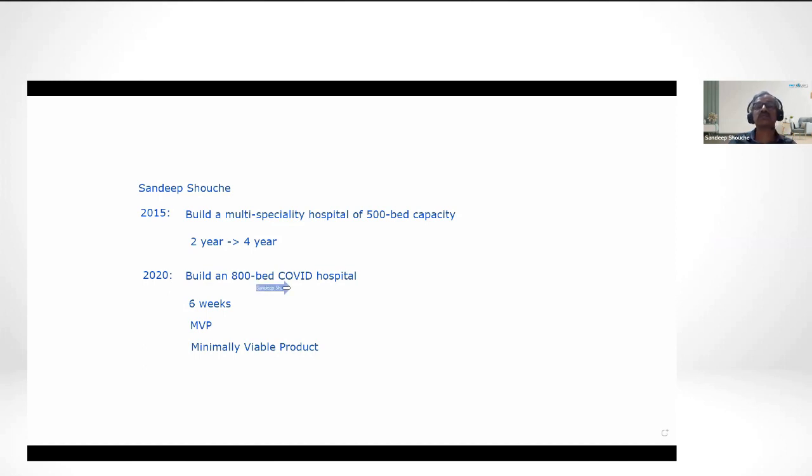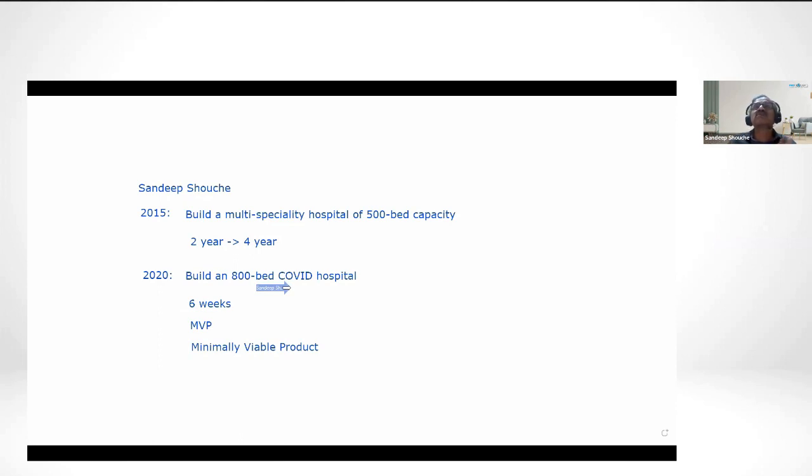We are not going to do maternity procedures, knee replacements, cardio. Oh, we're not going to do any of that. We're just going to see COVID patients. That's it. That limits the scope. It doesn't have to be a permanent facility. This is an emergency. We are doing it for a pandemic. It may last for months. It may last for years. As it turned out, it lasted for 2 years. But we didn't know that at that time.